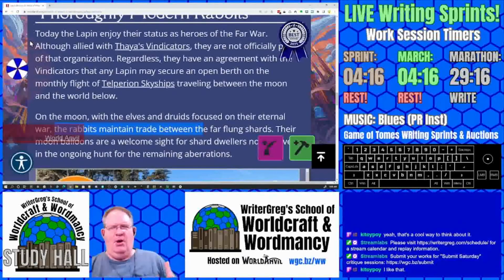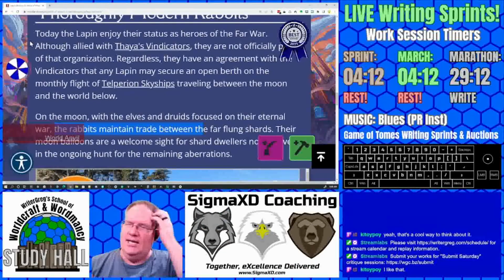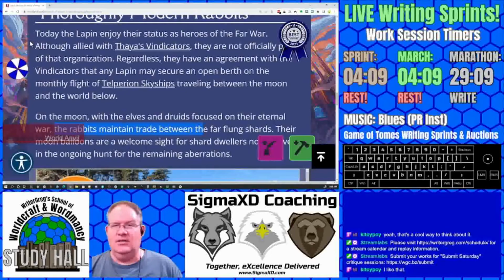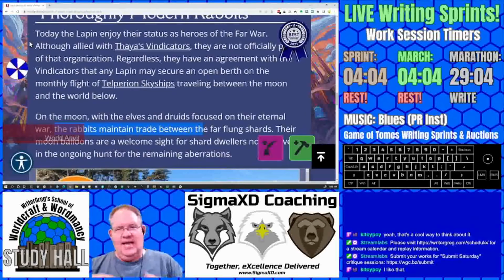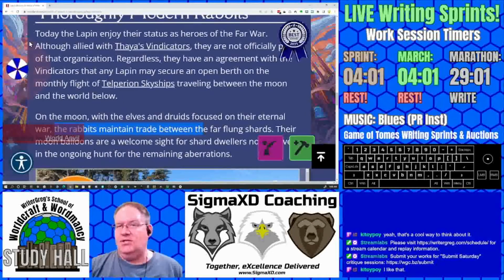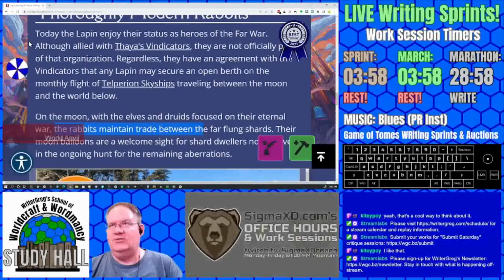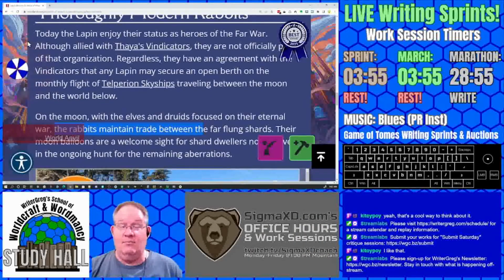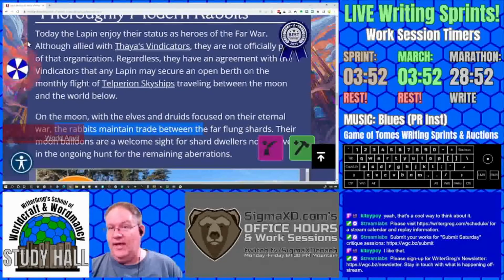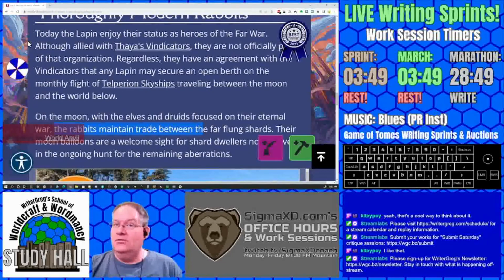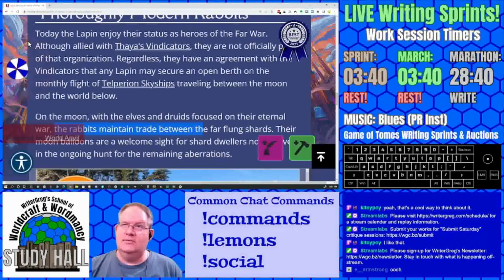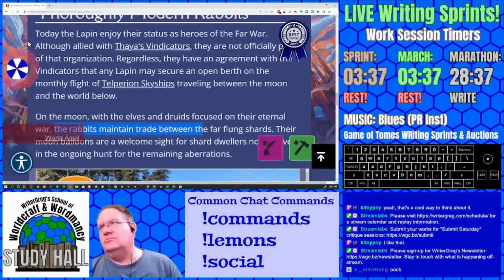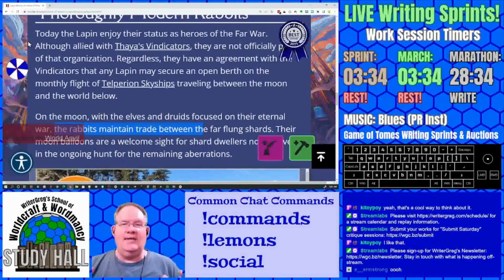I mean, that could be really poetic as a way to summarize the transformation of the Lapin. Each generation of Lapin sacrificed so much so that the next generation could have more, and hope that they don't have to return. And so my children will travel the stars so they do not have to dig in the dirt. They will travel the shards. So you could really expand that out.